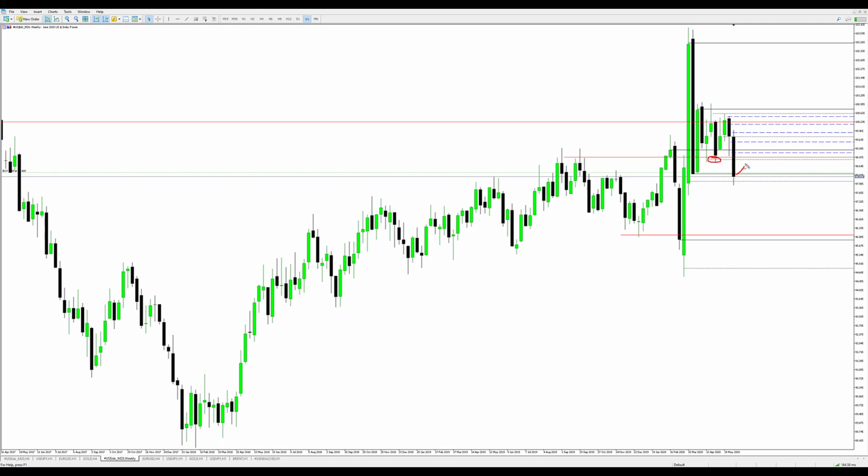So expect price to at least retest this level before we continue to the downside. Yes, it might not retest up to that level, that is the 98.80 zone. See, we've got the 98.86, so basically the 98.80 institutional price point. Probably these lows here, you can see this low coming in at